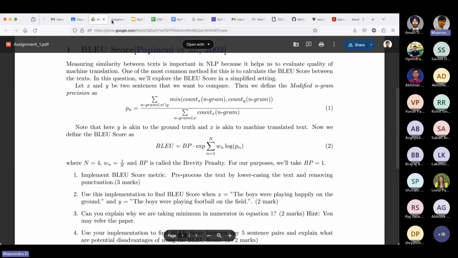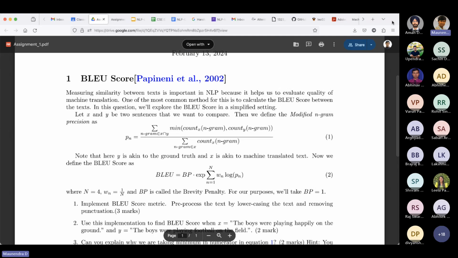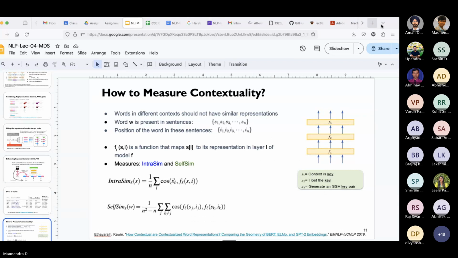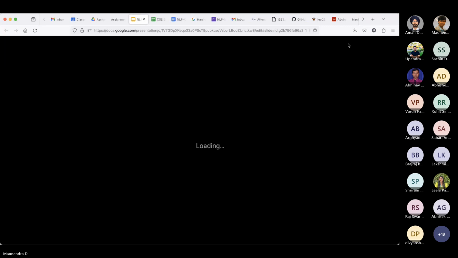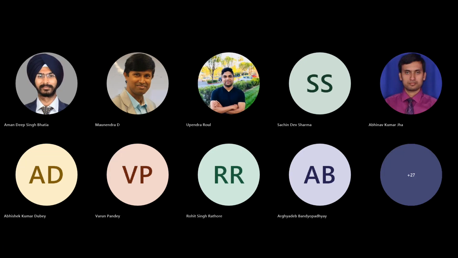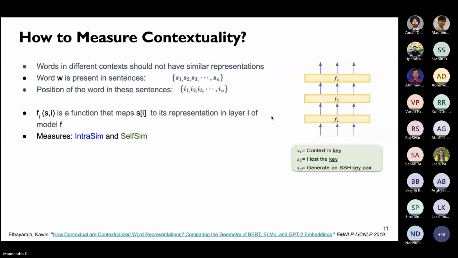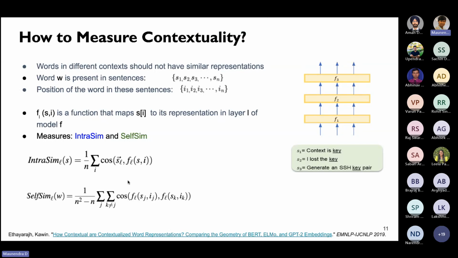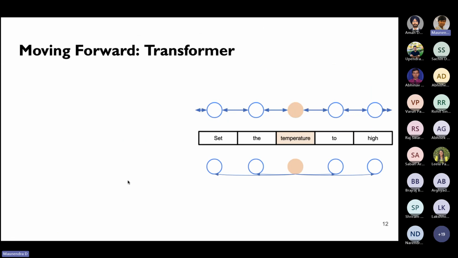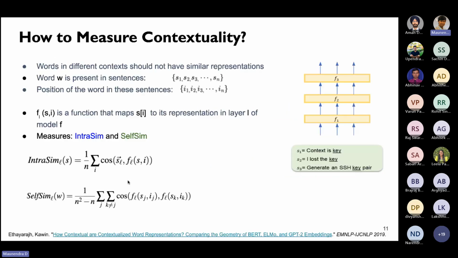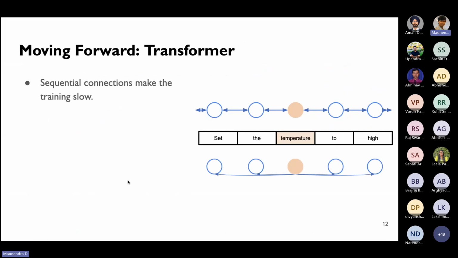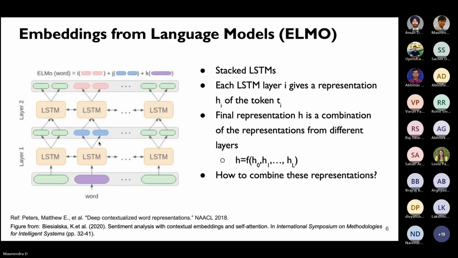Okay, so let us move forward in our discussion now. The next topic that we'll be taking up is called transformers. What we saw is that in ELMo and RNN and so on, we have sequential connections. If you remember, in ELMo we had this bidirectional LSTM, so this can be computed only after